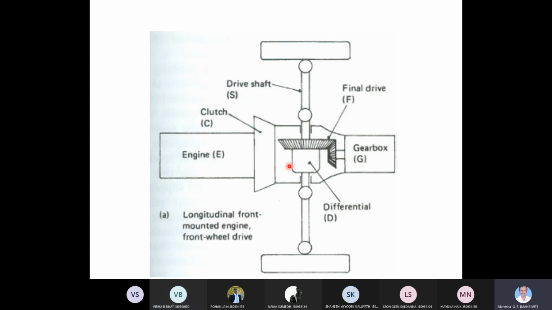Features, if you are asked, you have to explain this diagram about the location and the drive arrangement, with regard to the change of drive direction by 90 degrees, and all those things you can briefly explain in one small paragraph. That is good enough.